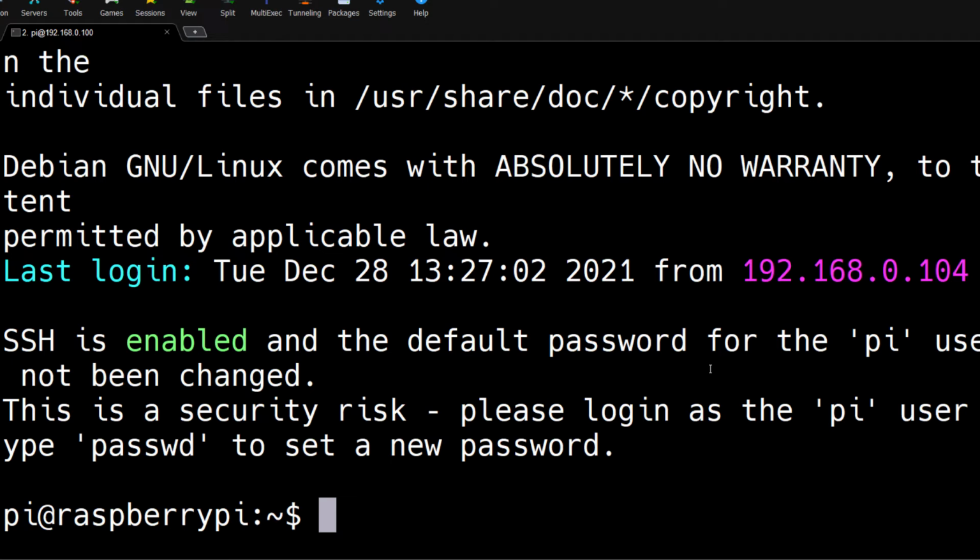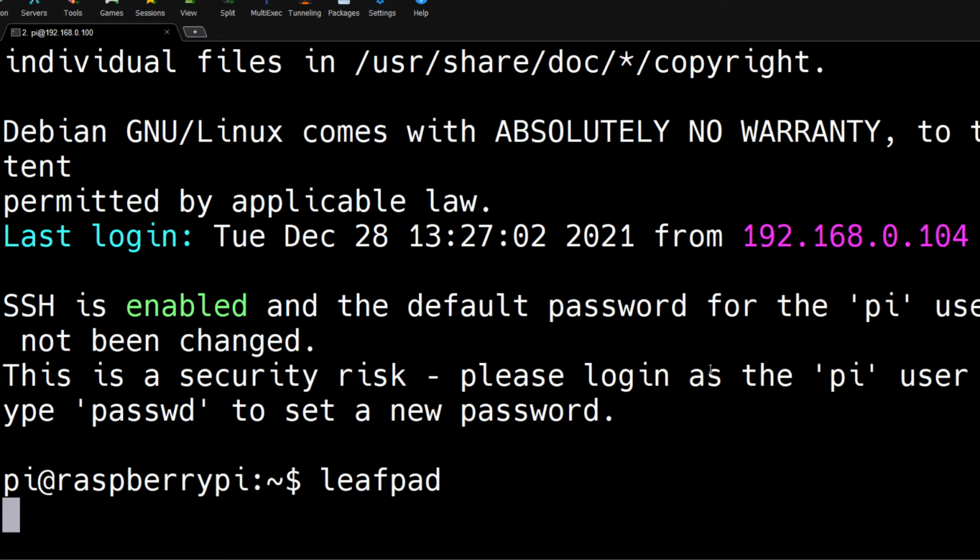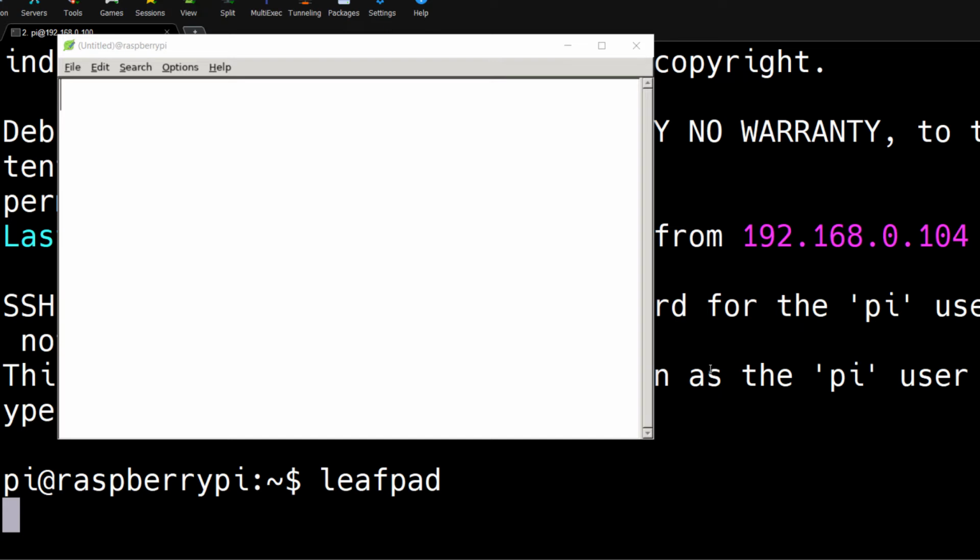So you really don't have to do anything. You just need to enable the X11 forwarding in the target operating system, and X server is running by default. Whenever you open an instance of this MobaXterm, it will launch a sub process of X server. So don't worry. Now we are going to open LeafPad, and it is going to open a text editor. So this is the LeafPad text editor.